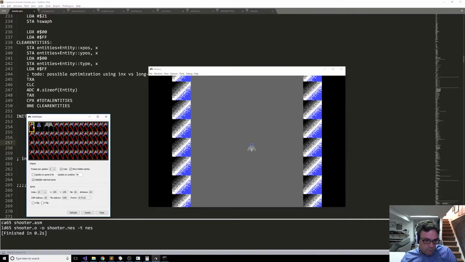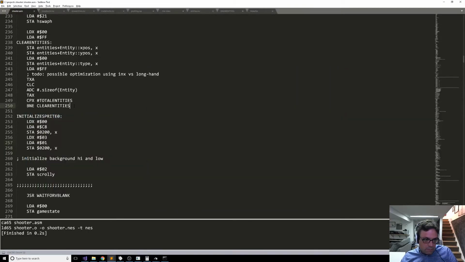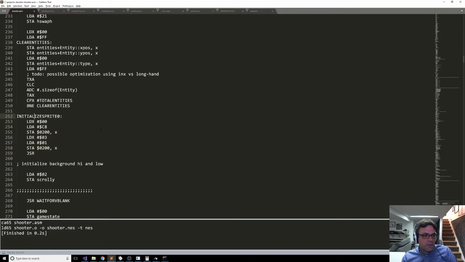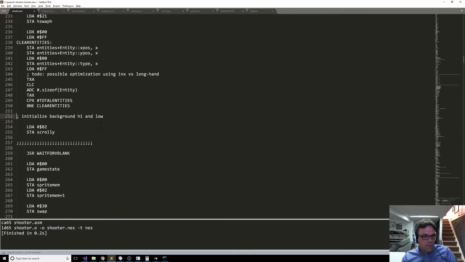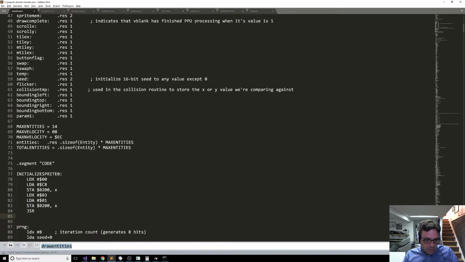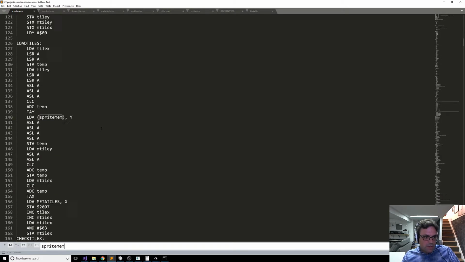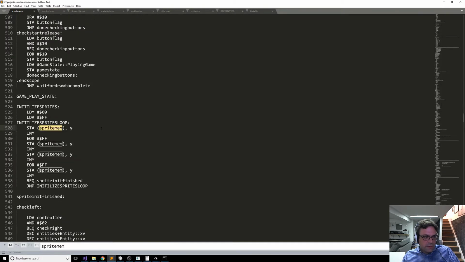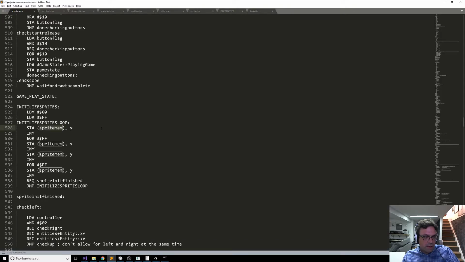X is 255, Y is 255. I must be... oh, yeah, okay. So let me do this. Let me make this a subroutine. So what's happening is I'm clearing out the sprite memory each time, which probably isn't necessarily important, but I do need to set the sprite position every time. So after I'm done with that, I can call